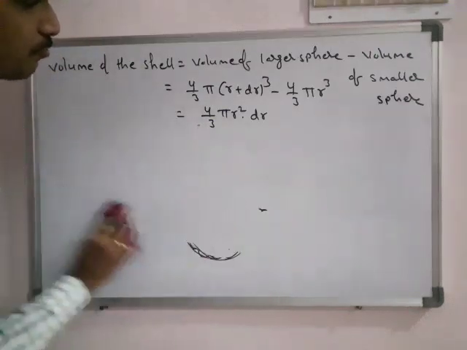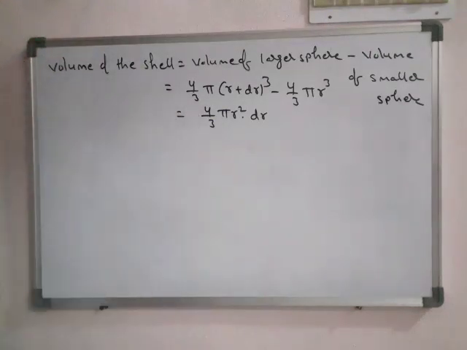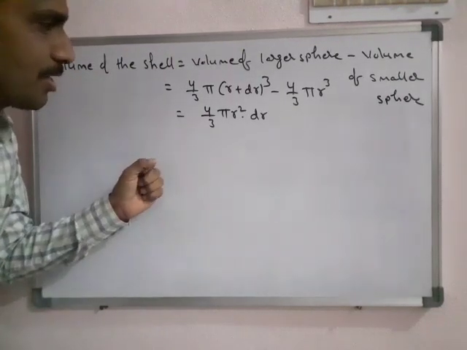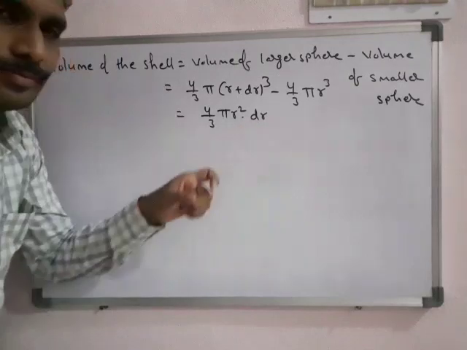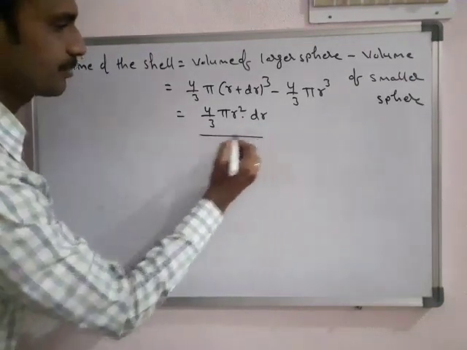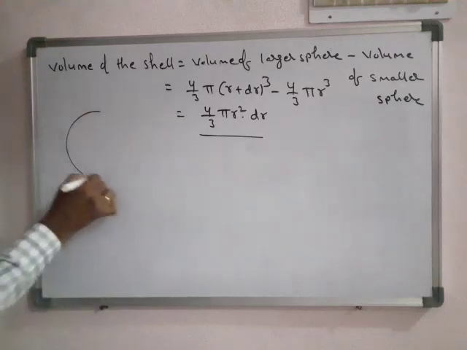Means what is the 4/3 pi r dr? Means this is the volume of the shell. This is the volume of the shell having thickness dr. Okay, so now we need to find out